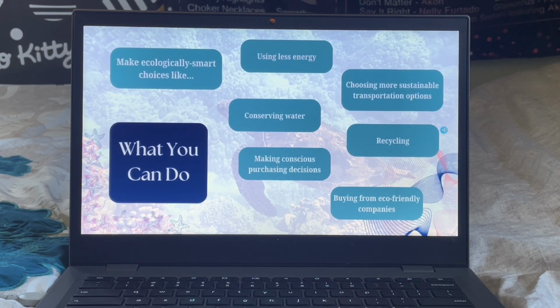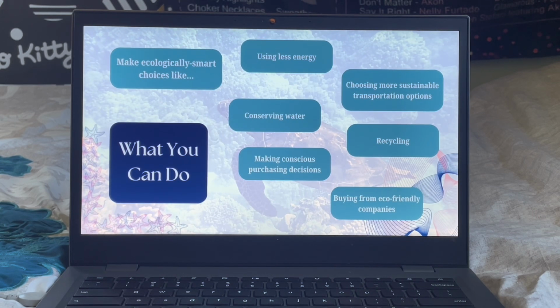Choose more sustainable transportation options like carpooling or electric cars. And that is obviously not an option for everyone, and that is okay, but just drive when you need to. You can conserve water as well. At home, stop just letting the water run like when brushing your teeth or washing dishes. Fix leaky water pumps and hoses. Only run big appliances like dishwashers and washing machines on full loads. And collect rainwater for outside use.